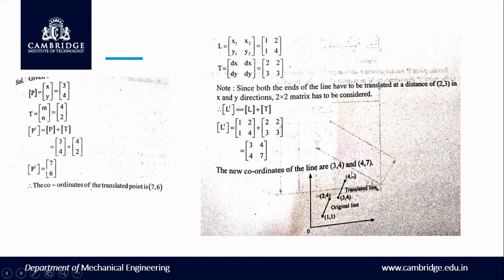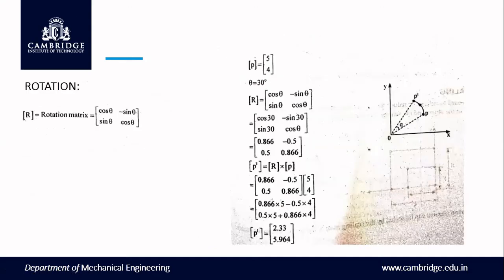Okay, next is what is meant by rotation. Okay, next one is called rotation. In such a type of transformation, the coordinate points associated with the geometry are rotated about the origin in two-dimensional x and y, rotation of the point placed around the z axis. Okay, that is what rotation is. Rotation is nothing but you have to rotate the point, or you have to rotate the line. If you want to rotate the line, or if you want to rotate the point, you can do it.